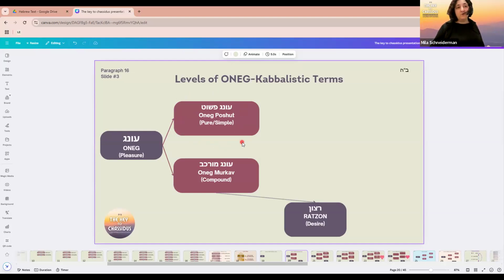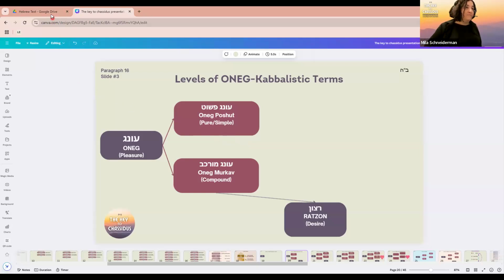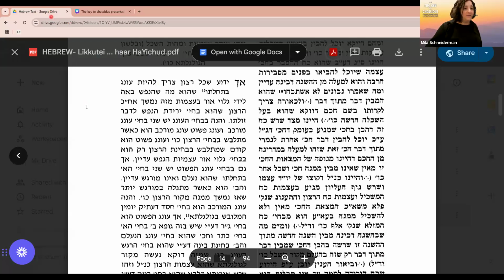Now, to be honest, when we speak in these terms, probably everybody is like, what is that? We don't even know what that is. What are we talking about? Because we see how much we are engaged outside of ourselves to such an extent that we don't even know what that is. We don't even know how that feels. And yet, Chassidus teaches us that this exists in every single person. Okay, let's go back to the text.